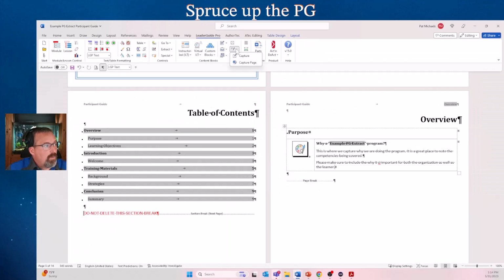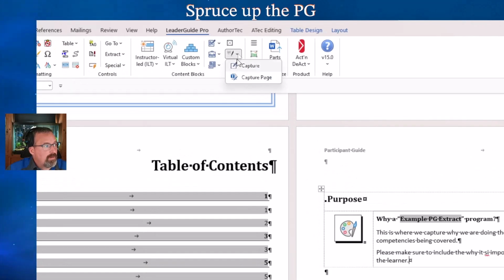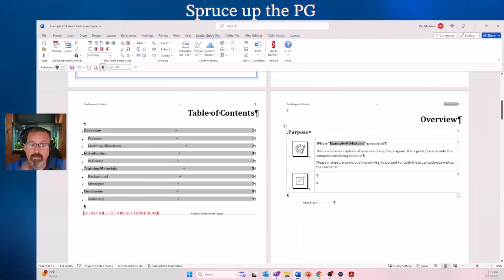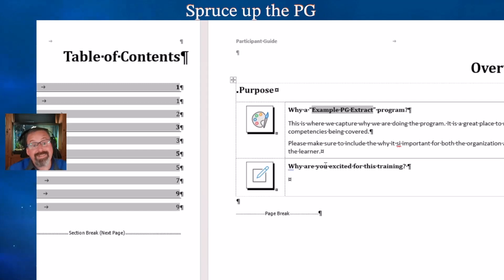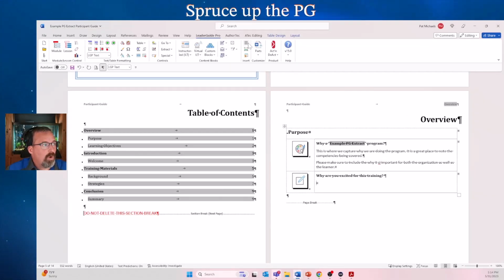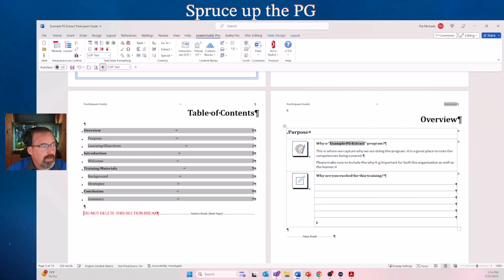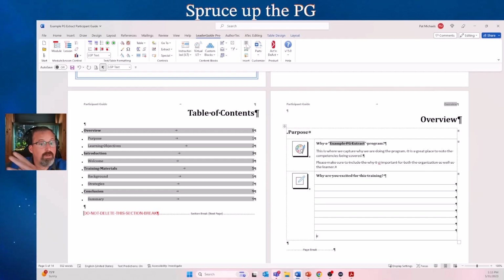I'm going to go up to the notes capture block and insert capture, which gives me a specific type of content block. Then I have created an autocorrect of why are we doing this type of training? Why are we excited for this type of training? And then I will go in and insert a couple lines. So now in my introduction module, with, say, my welcome lesson,